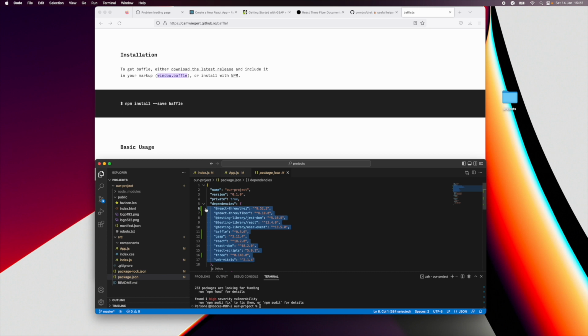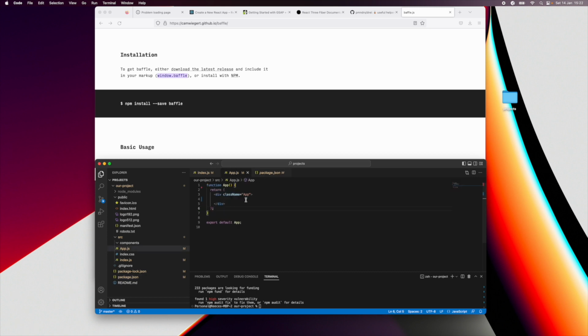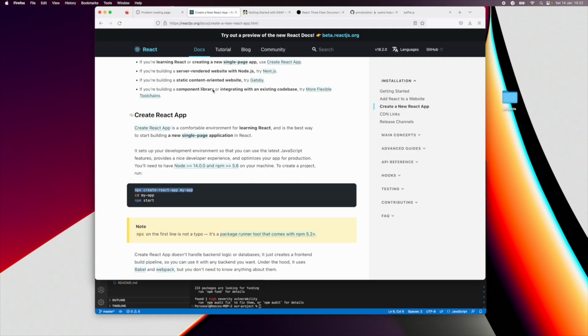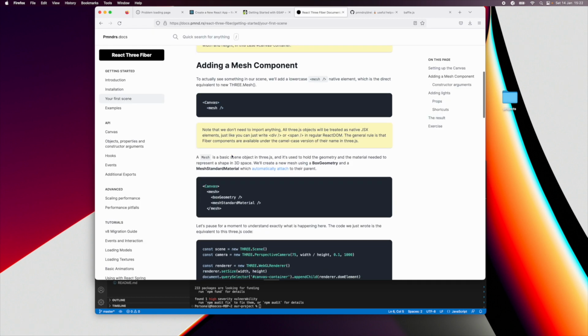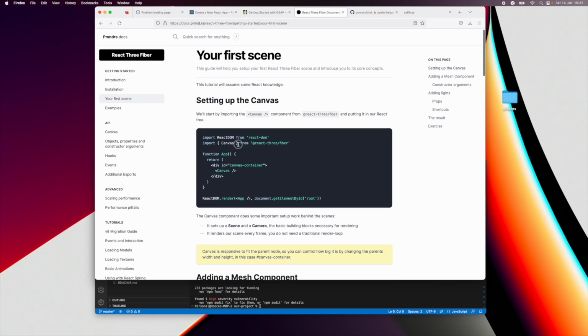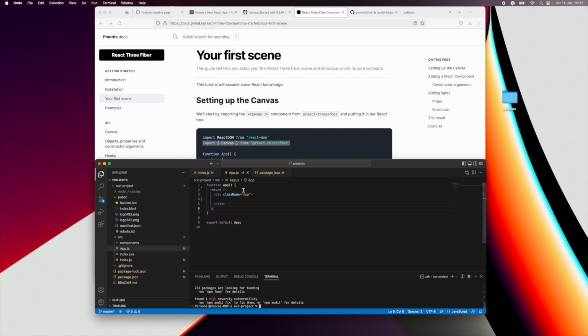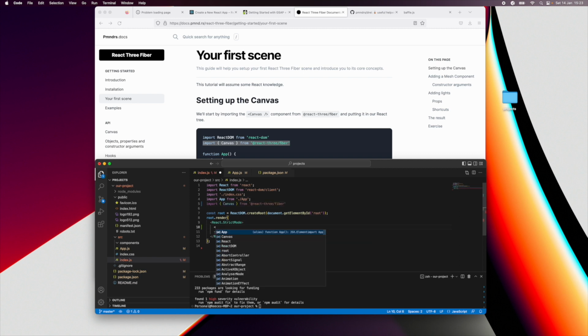With our dependencies now installed, we can head back over to our app, and I'll quickly run through how we can set up our scene in React Three Fiber. So we scroll up here, we need to import the canvas. If we go to the top of this file, in fact we'll do this in our index.js, because then we can wrap our whole app in the canvas. So we just create the canvas there, wrap our app in it, click save,